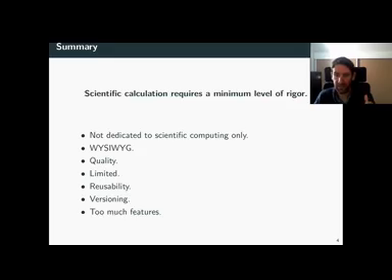First point is that Excel is not dedicated to scientific computing only. It's very important to remember that, and it is a what-you-see-is-what-you-get software, so it's very hard to separate what the developer sees and what the user sees. Also, I think there is quite a problem with the quality of the results. It's very hard to make the files not corrupt. It's possible, as I said, but it needs more effort than, for example, if you use a computing language, in my opinion. And of course, you also rapidly reach limitations of the software, for example with large files,